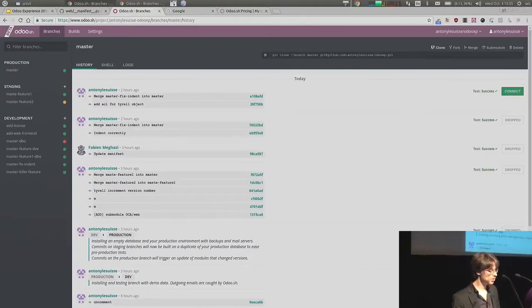And below that, you have the development branches. Those are all the branches that the developer will create to implement new features or fix bugs. And I already have a few of those branches. And you can see at the right, you have the different operations. For example, I'm currently on master. I can